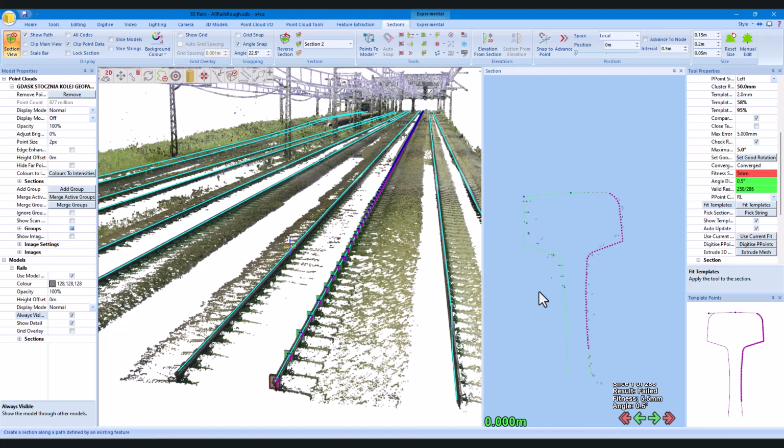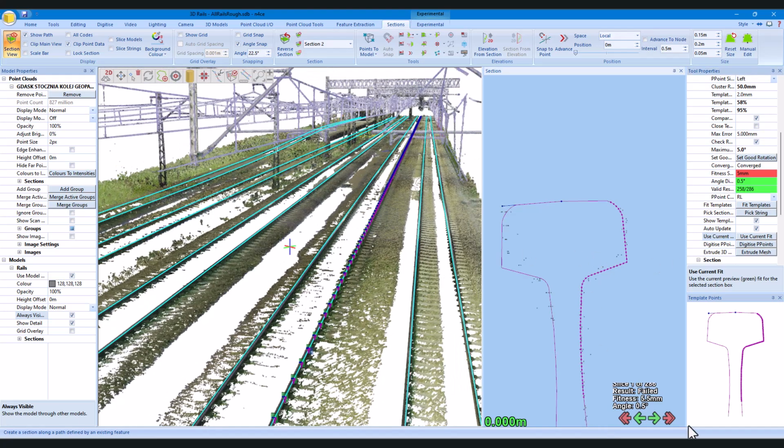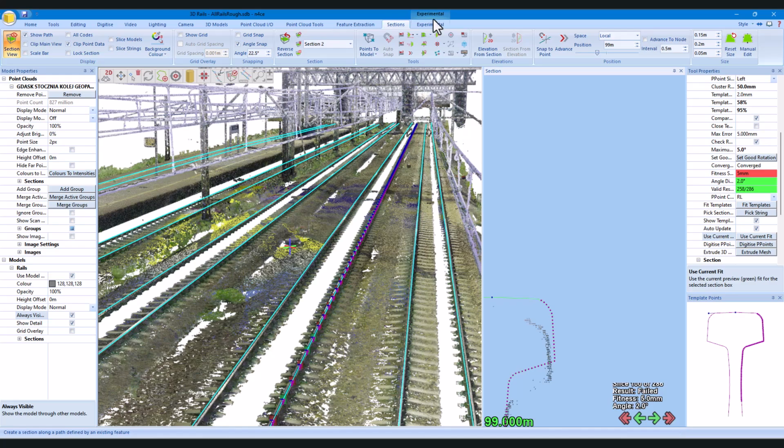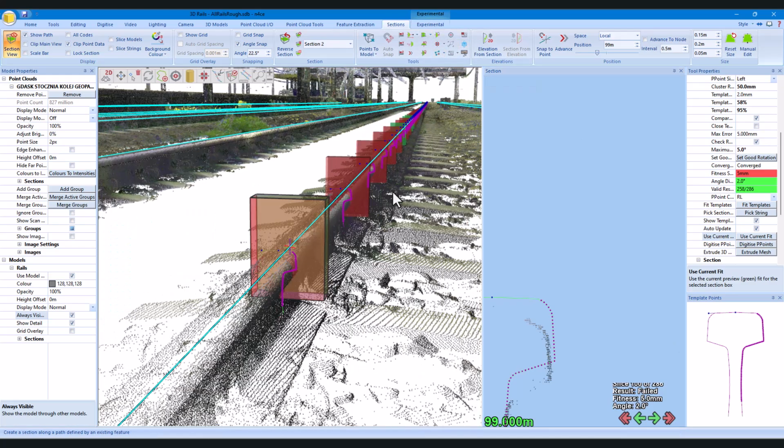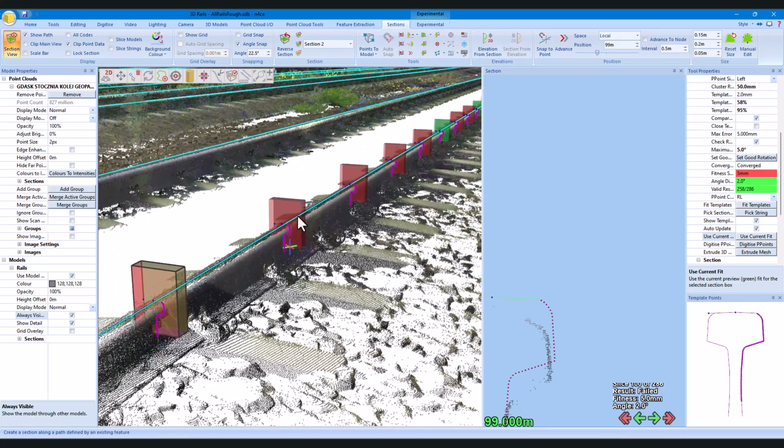So that one probably won't pass to a certain degree because it's not got enough data. It's saying that's failed, but again, given that limited amount of data, we could probably actually accept that one. So if I say use current fit, it'll actually keep that one and accept it. If I hit that button there, it'll go to the next failure. Okay, so we've got some failures here, so if I double click that,